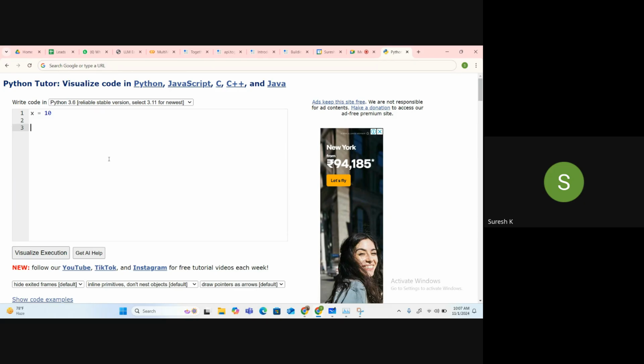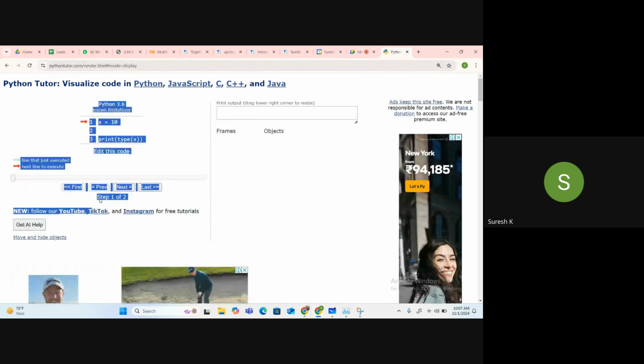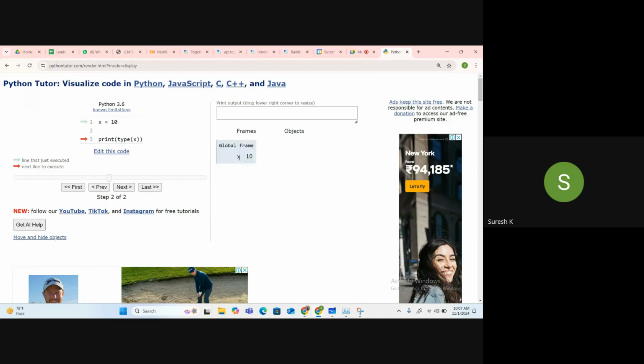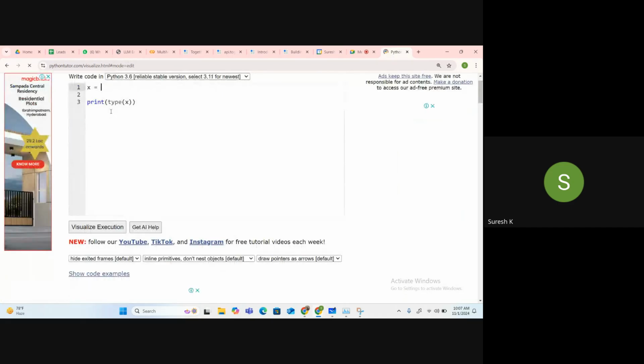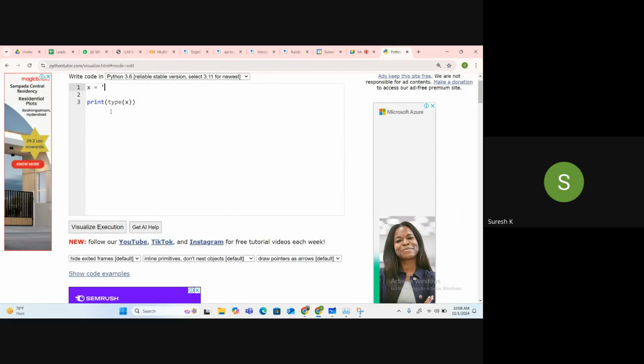If we want to see the type of the variable, we use print(type(x)). Now you see here x is 10. What is the variable type? Integer.